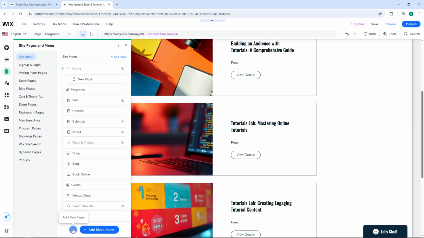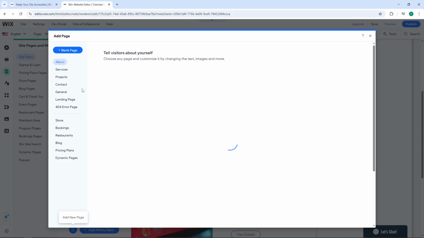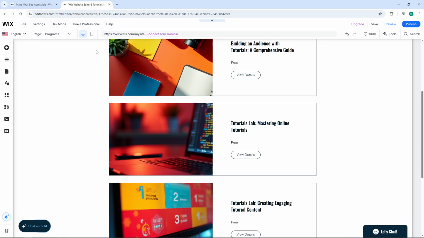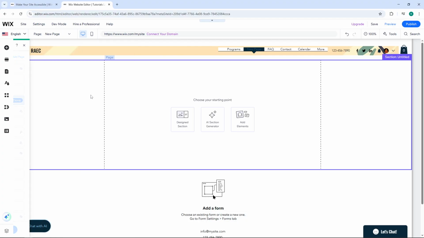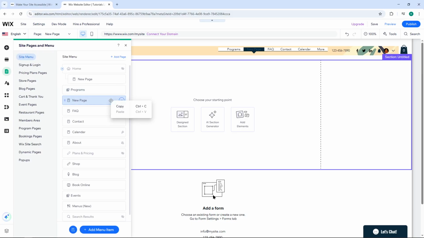Click on the Add New Page button at the bottom part of your screen. A new page will be added, and this will serve as your terms and conditions page. For easier identification, change the page name to Terms and Conditions. Once the page is created, you can now add the terms and conditions you wish to use for your business and website. This is where you'll outline all the legal guidelines and policies that visitors need to agree to when